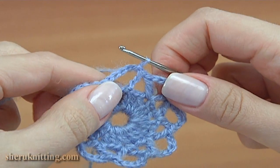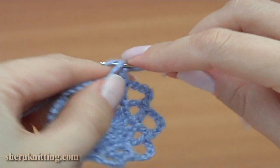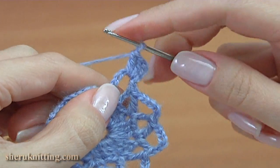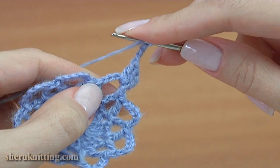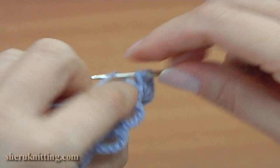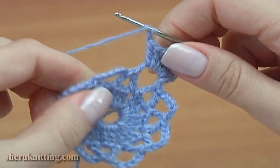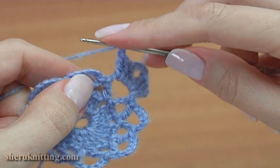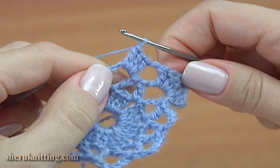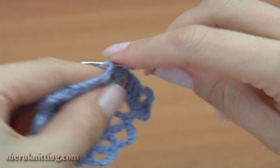Make a slip stitch into the chain space. Chain 3 to bring up the yarn. And 2 double crochet. Chain of 3. Make 3 double crochet into the same chain space. Chain, make 3 double crochet, chain of 3 and 3 double crochet,